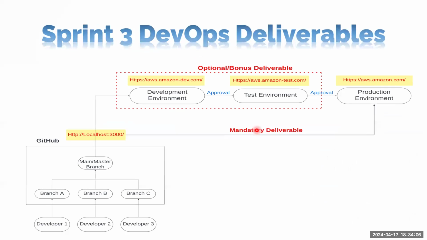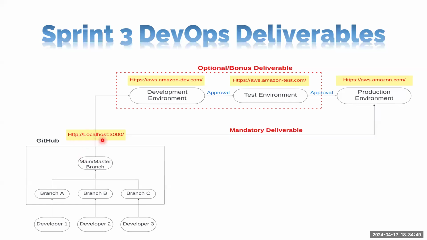Here I'm going to explain what we are expecting in a Sprint 3 submission. Consider you are all developers, and you are developing your project. Once you are done with your sprint code, you add it to your local branch, then create your pull request to the master branch. Once a scrum master or a team lead approves your changes, they get integrated into the master branch. This is the main branch of your project repository. Once a commit is created in the main branch,